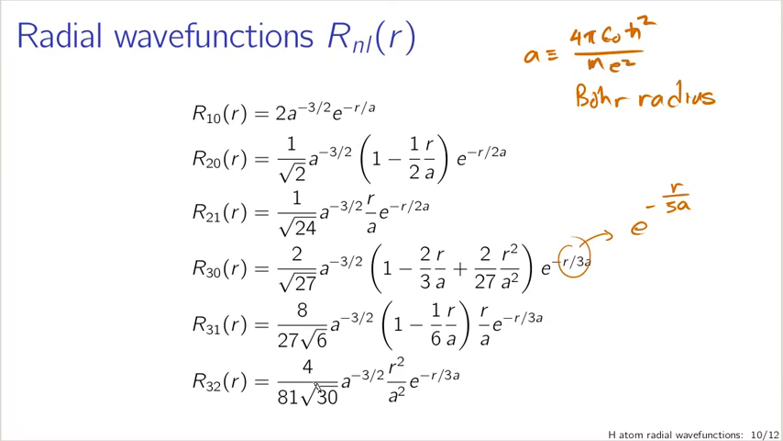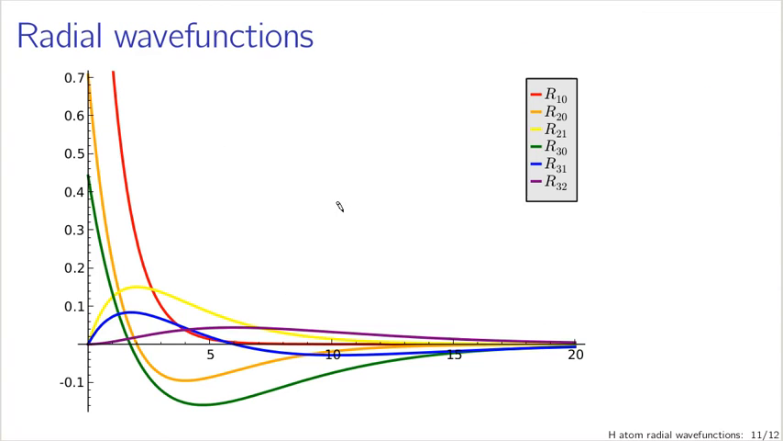So, normalization constant, a raised to the minus 3/2 power, an exponential in e to the minus r over a multiplied by some integer, where that integer is the same as the integer that you chose when you were determining the energy, and a polynomial in the variable r over a. So these are what your radial wave functions should look like in the mathematical context, and in the physical context,